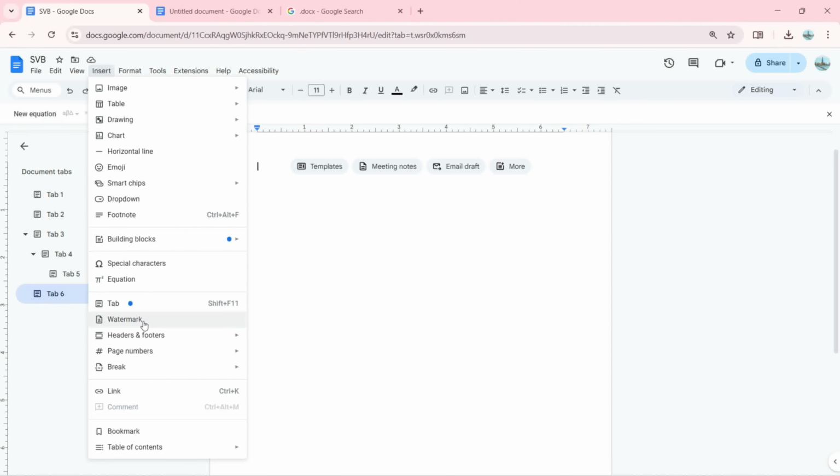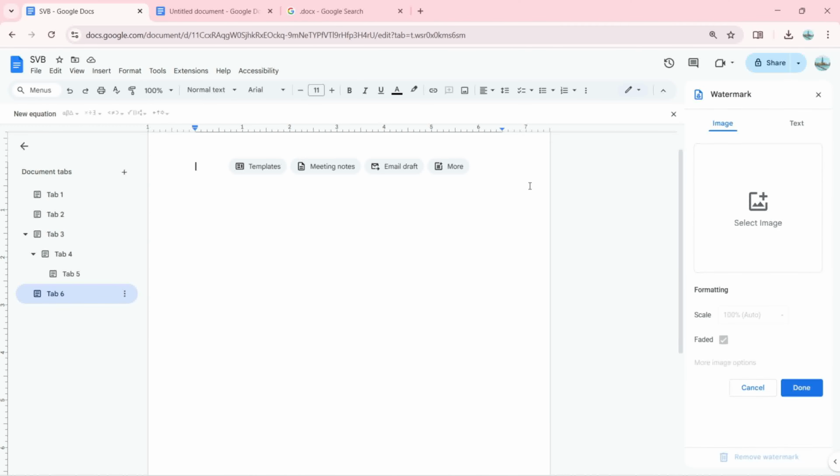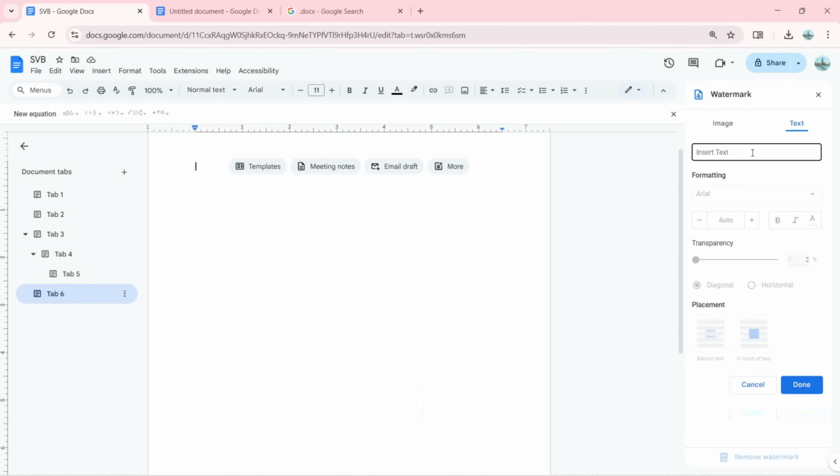So here we have the watermark for our document. I can just click here to change from image to text. I can select any image, and I can change the formatting, the scale, the faded, and more image options from here. And if I click on text, let's add something like my